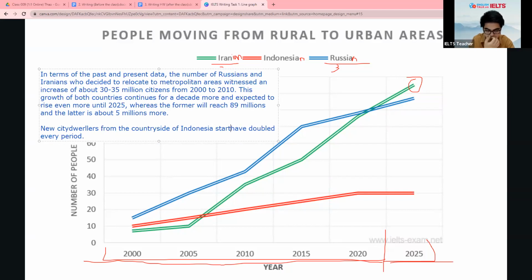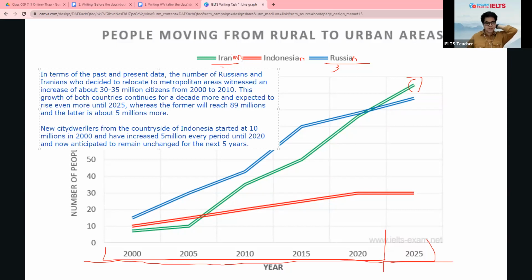Started at 10 millions in 2000 and have increased 5 millions every period until 2020, before it is forecasted and now anticipated to remain unchanged for the next 5 years. Okay,